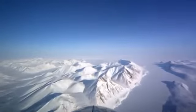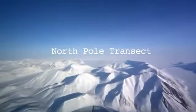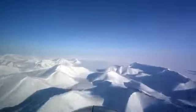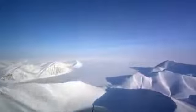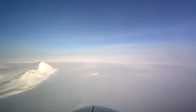Well, here we are. We're going to close out the video here with the North Pole transect. So I think we're leaving land here and heading back out to sea. So what do we have right below us right now? So below right now is some of the thickest ice that we see in the Arctic, actually in the world,